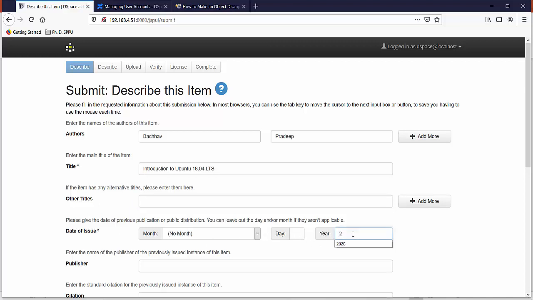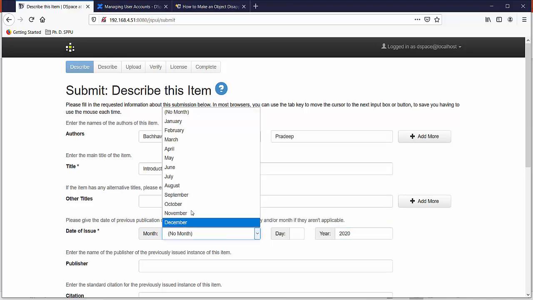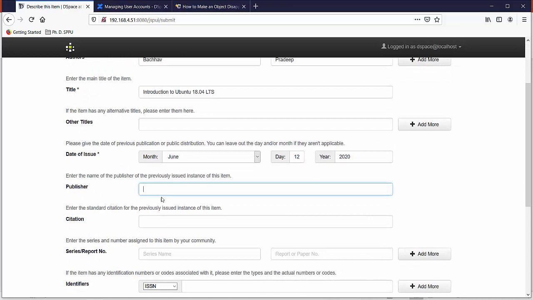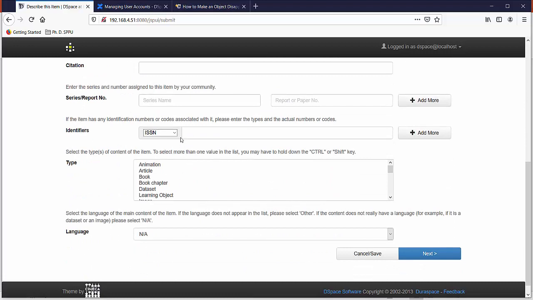Let's enter the year. Publisher, you may enter the publisher of your item here. You may enter ISBN, ISSN here.